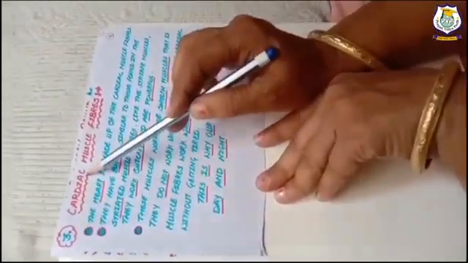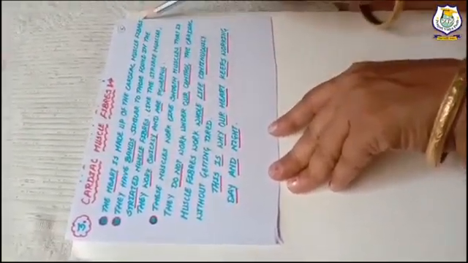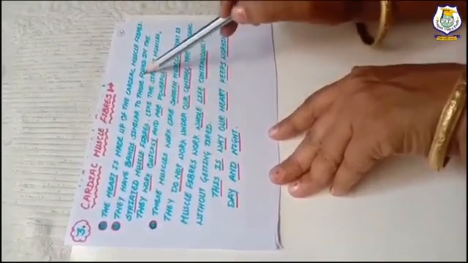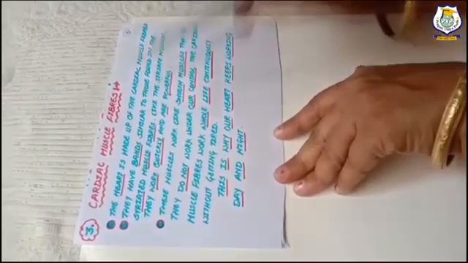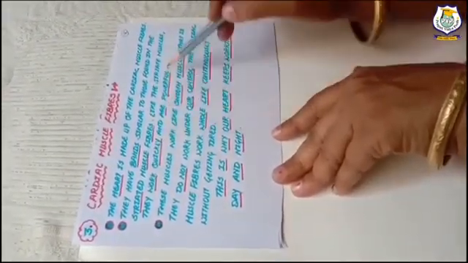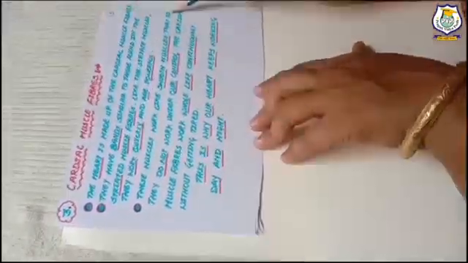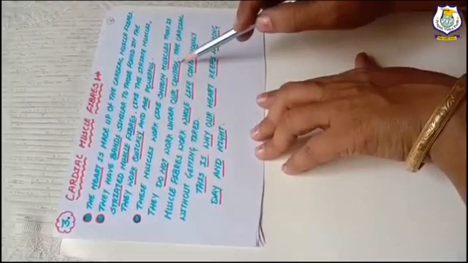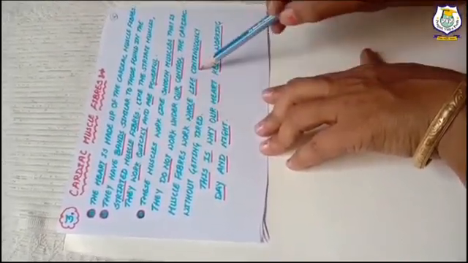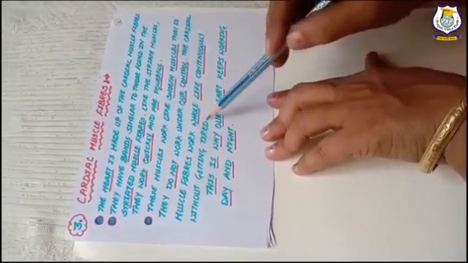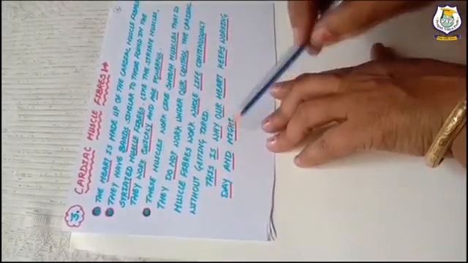Third, cardiac muscle fibers. The heart is made up of cardiac muscle fibers. They have bands similar to those found in the striated muscle fibers. Like these striated muscles, they work quickly and are powerful. These muscles work like smooth muscles. They do not work under our control. The cardiac muscle fibers work whole life continuously without getting tired. This is why our heart keeps working day and night.